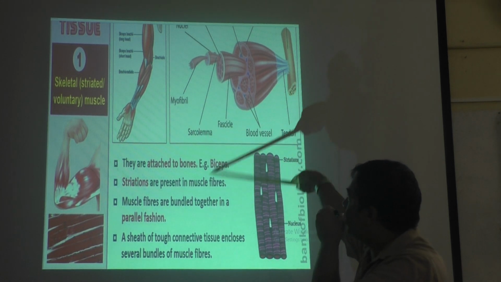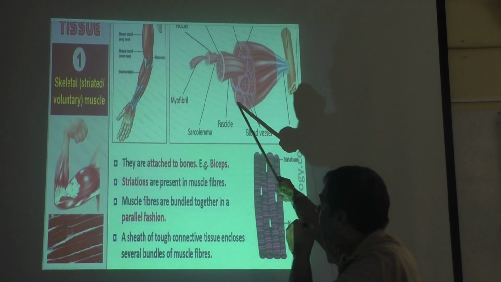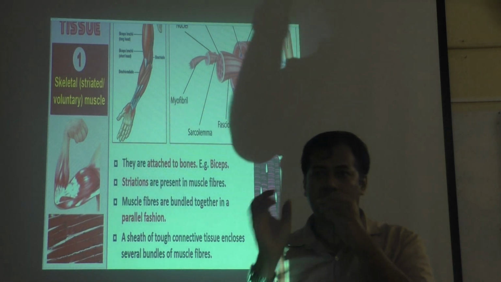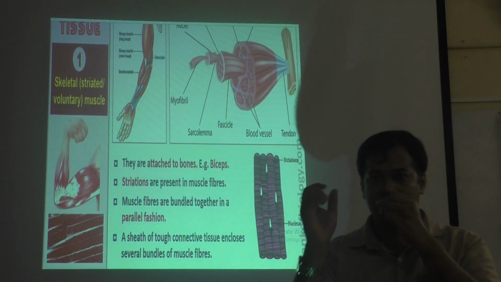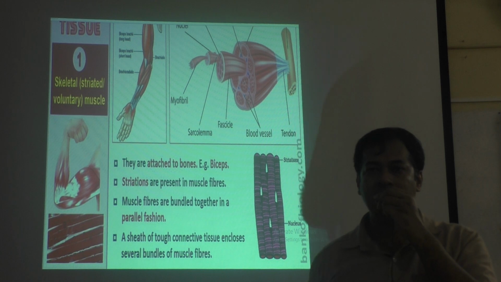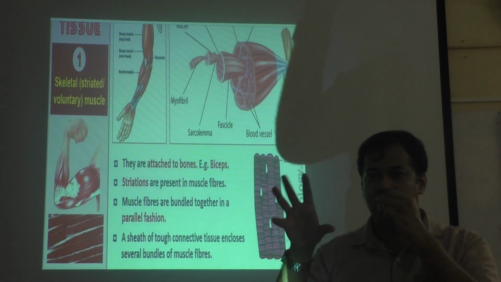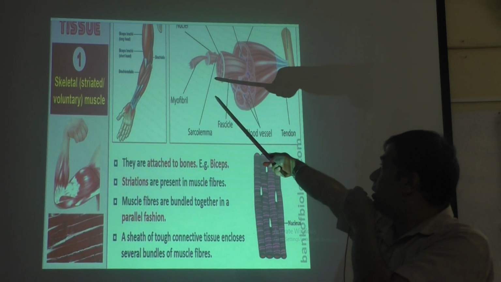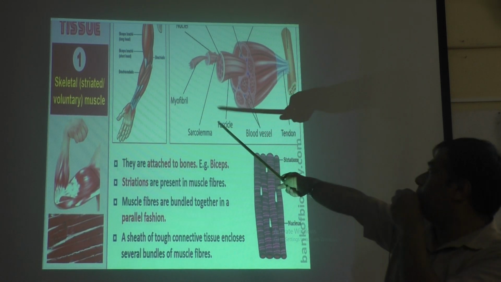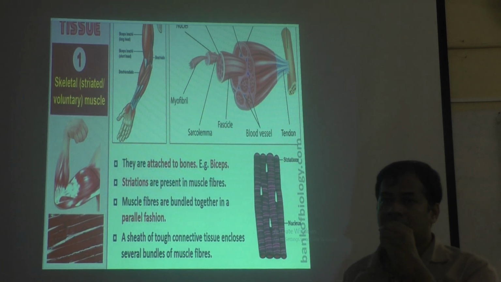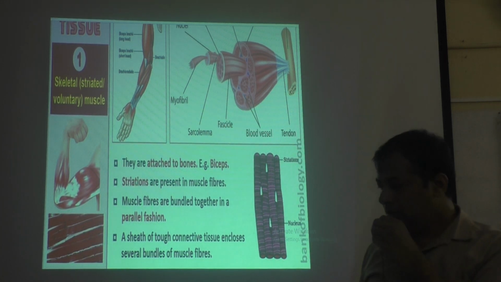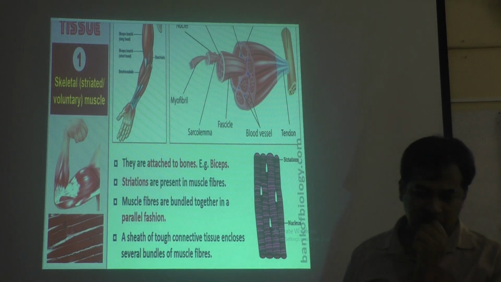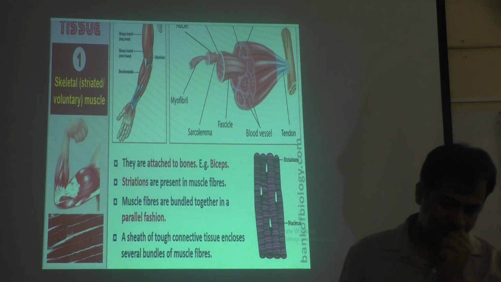Then if you take a cross section of the muscle, you can see many bundles. This is a circular part, and it has many rod-like structures. Each rod-like structure is called a myofibril. Many myofibrils join to form a bundle. Many bundles are there, and they are showing one bundle. Each bundle is called a fascicle. The covering is fascia, spelled FASCIA. If you are talking about one bundle, then it is a fascicle.